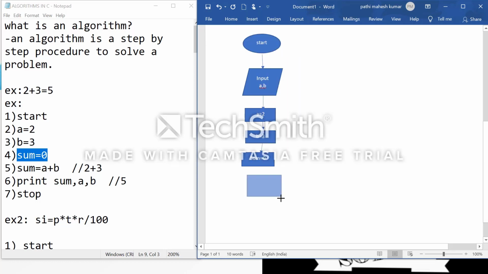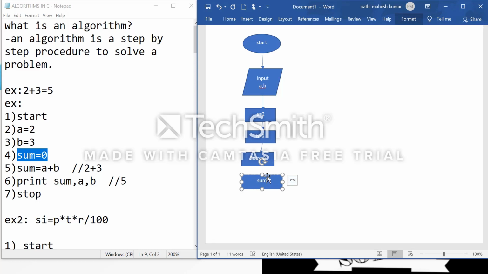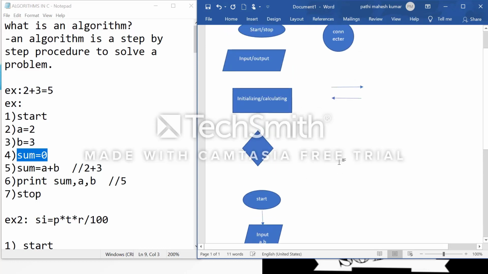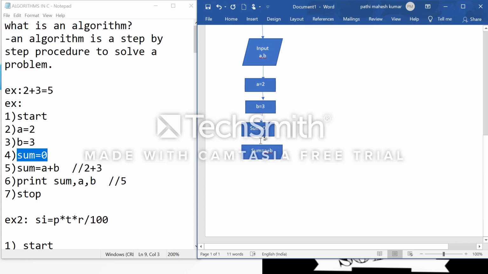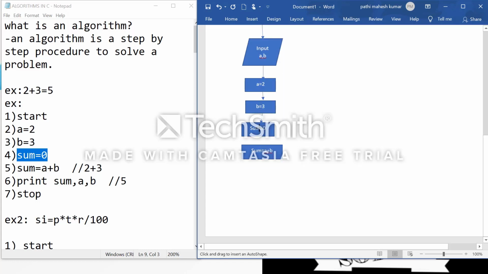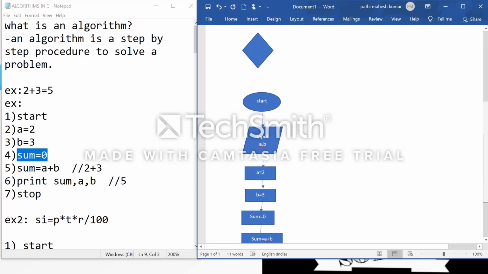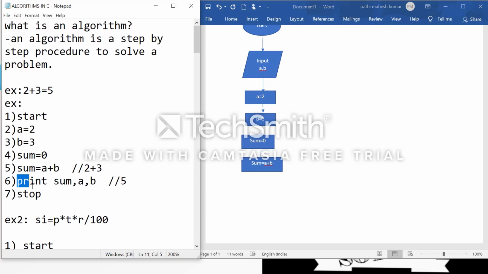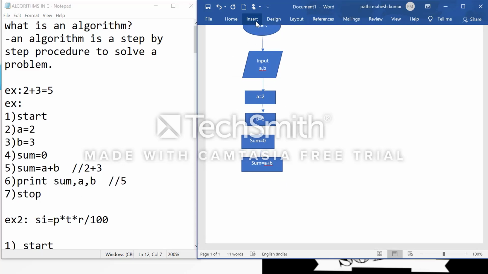So here I am initializing sum equal to a plus b, and after that I am connecting these two shapes. Okay, and again I want to print these statements. So here I want to print, means I want to print output.